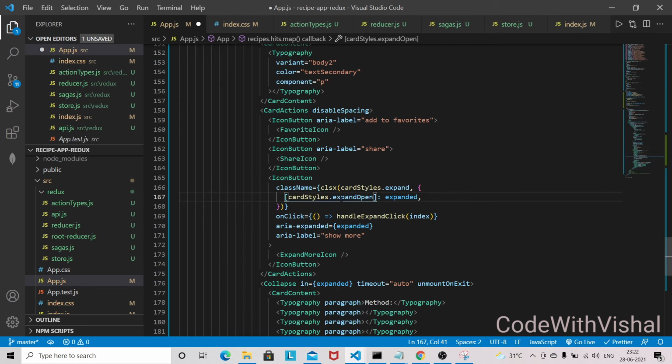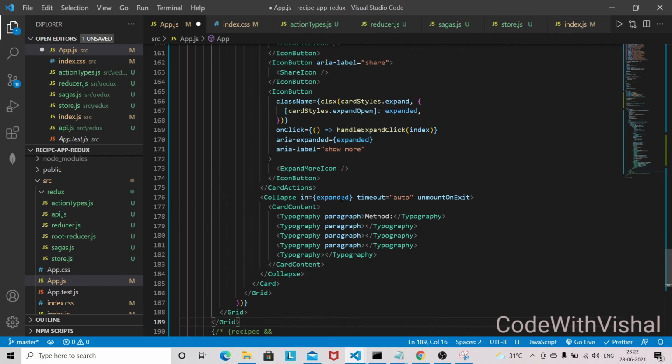So we have to basically open one card at a time, so now we are going to work on this handleExpandClick. Basically we want to collapse the other cards at a time.